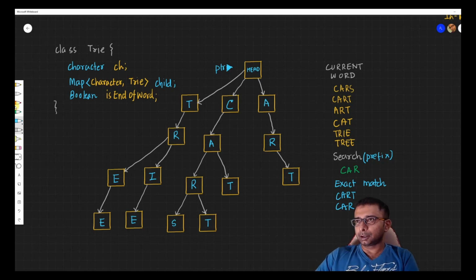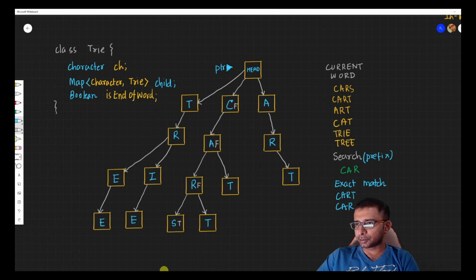When I put this C over here, I am going to put this boolean as false because I know that's not the last character for cars. So we are going to store an F over here. For A also, we are going to store an F over here. For R also, we store an F over here, because the word cars is not ending at R, right? It's ending at S. So for S, we are going to store a true over here, so that I get to know that a word ends over here.